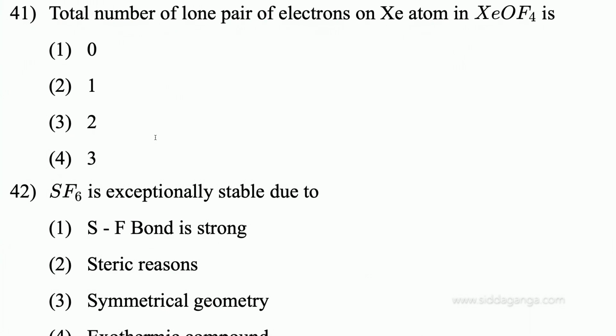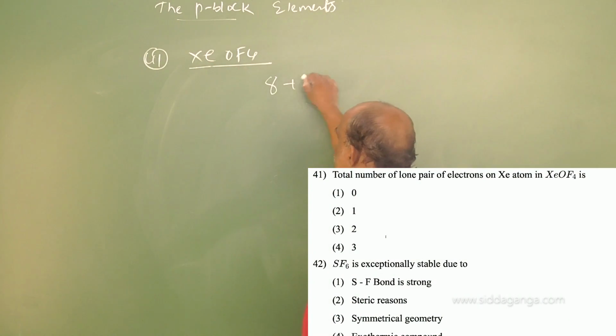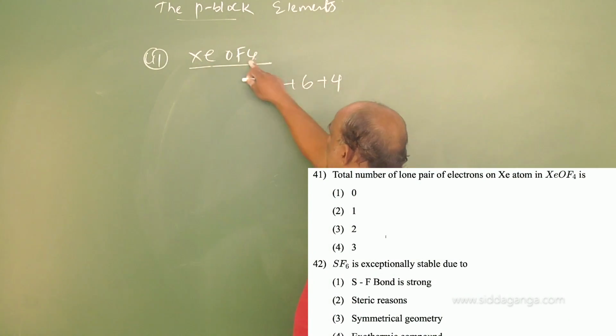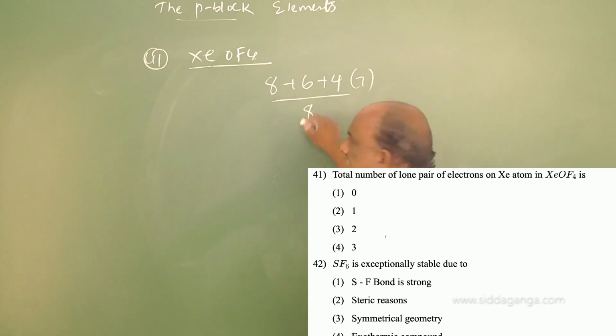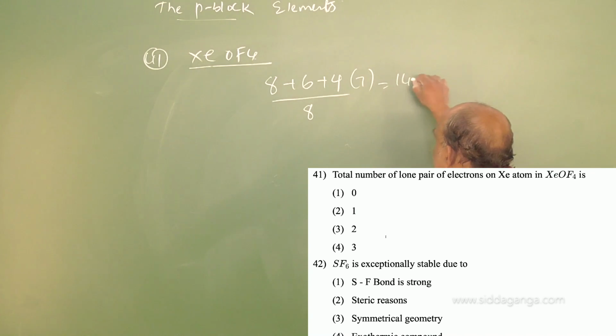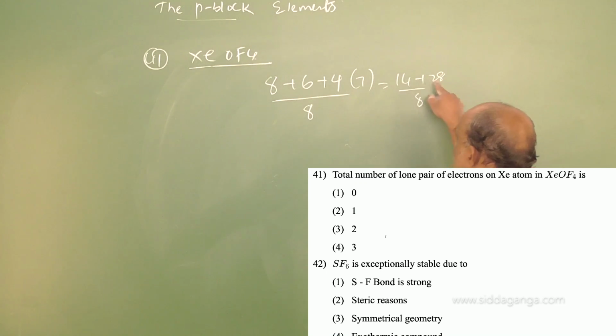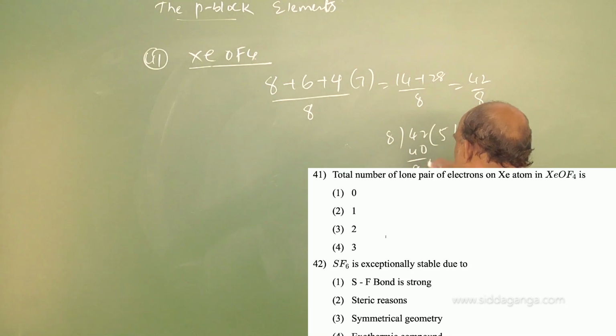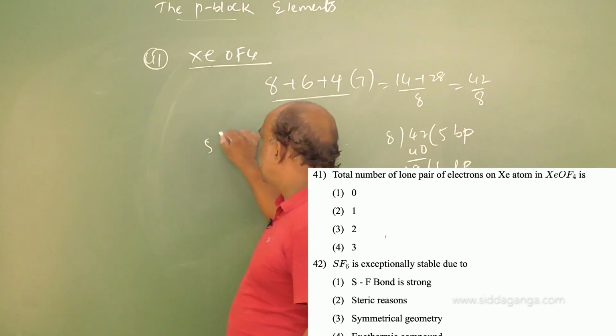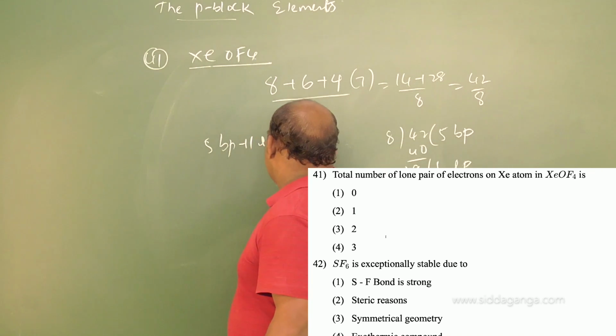Total number of lone pairs of electrons on the xenon atom in XeOF4. We already did this one. Question 41, XeOF4, simple. Xe is 8th group, oxygen 6th group, the number of fluorines is 4, and fluorine is 7th group; the total value is divided by 8. 8 plus 6 is 14, plus 28 is 42. 42 by 8: 5 eights are 40, those are bond pairs, and the remaining 2, divided by 2, gives 1 lone pair. So the total is 5 bond pairs plus 1 lone pair, total 6 pairs,